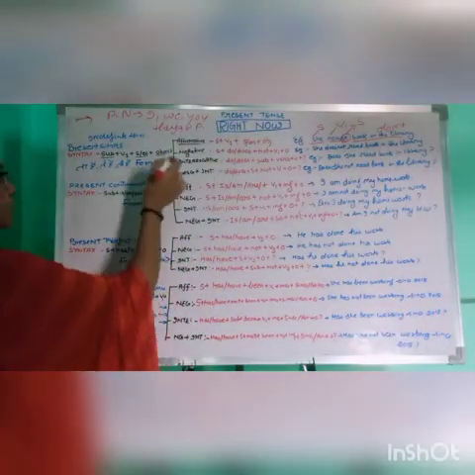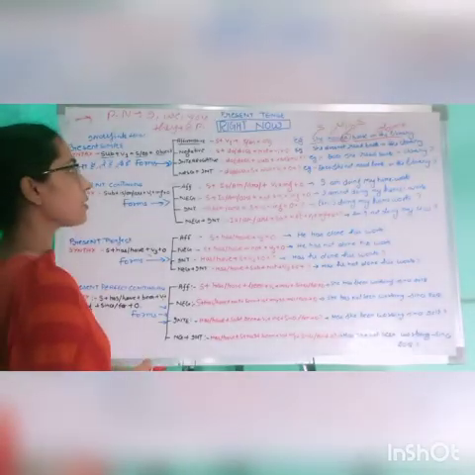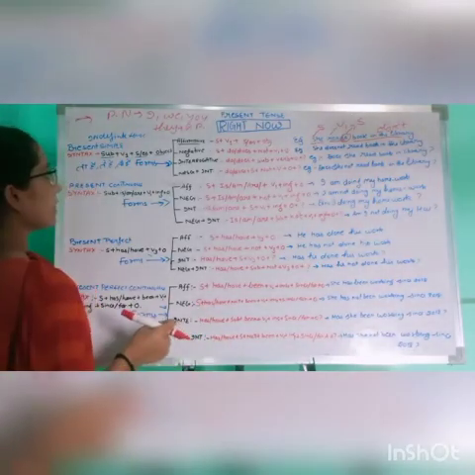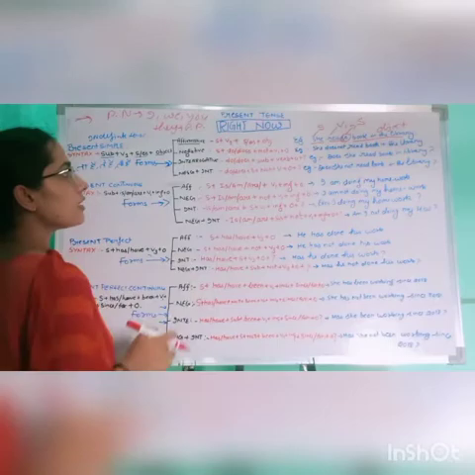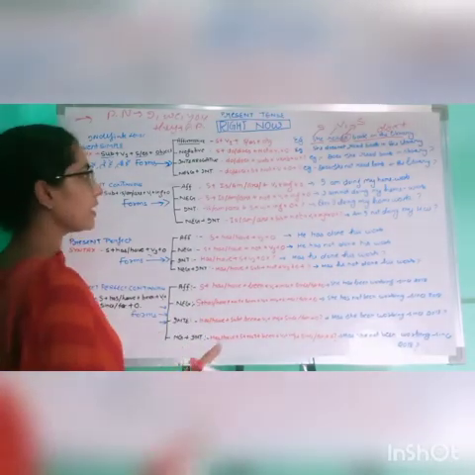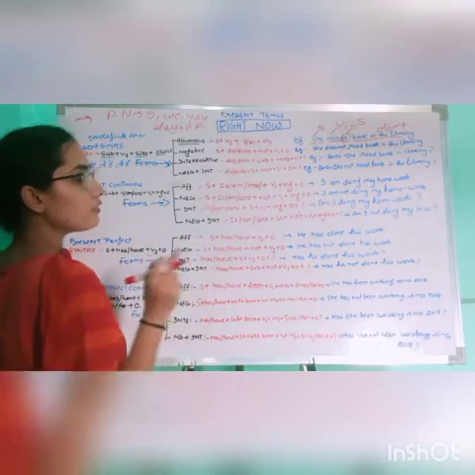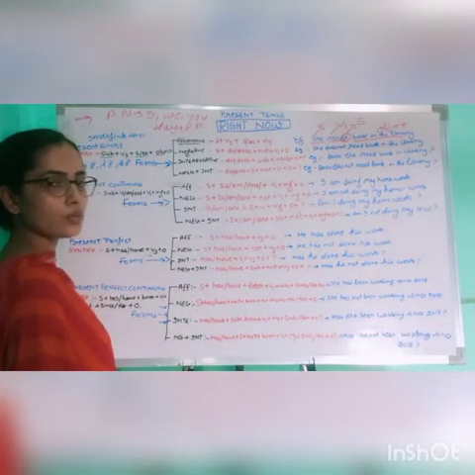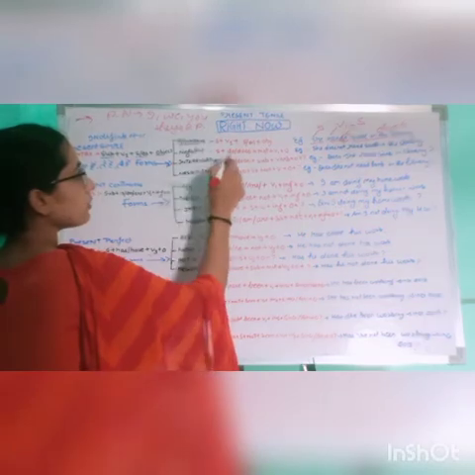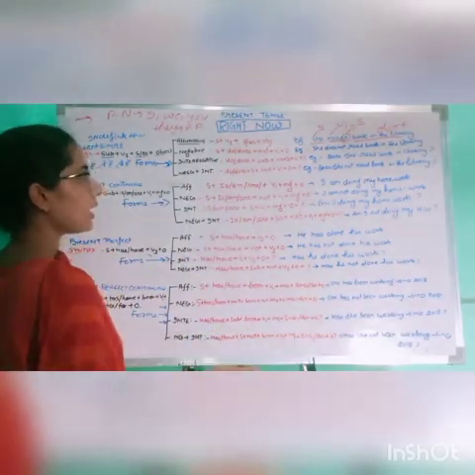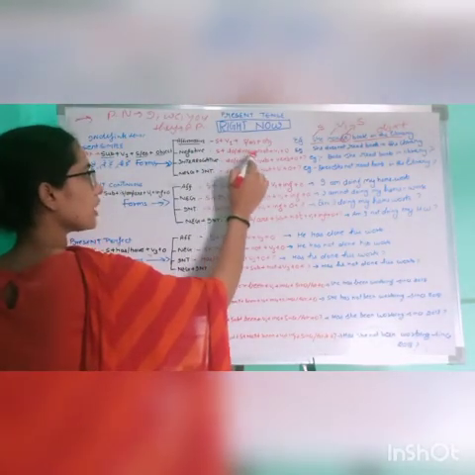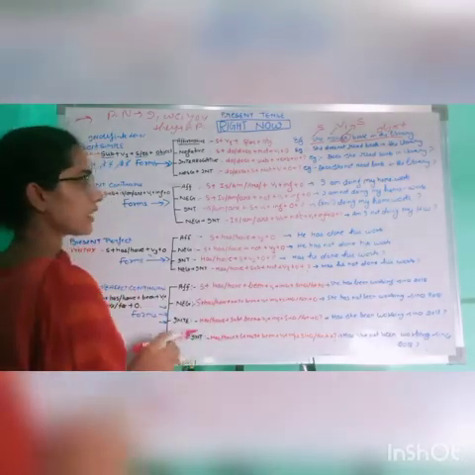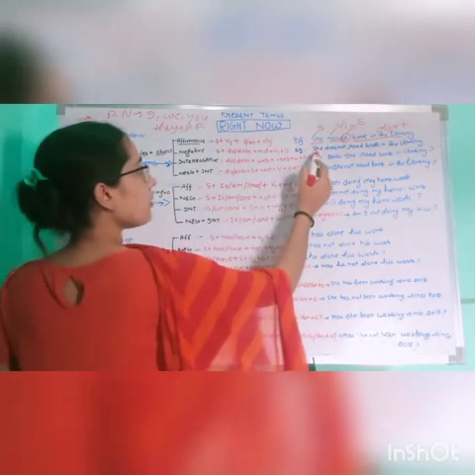Now let's begin with the negative syntax of present simple. Here the negative sentence refers to when we use subject plus do or does. Here the helping verb comes instead of first form plus S or es, but we will use the first form and will not use S or es with the verb, because we just got the helping verb to help our sentence. The negative sentence says subject plus do, does plus not plus verb first form plus object. Remember this.